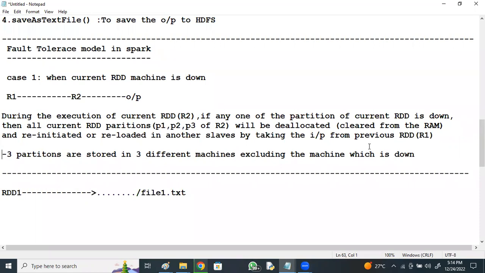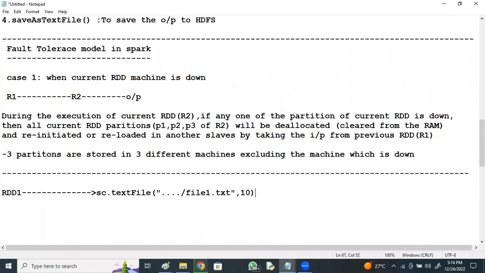Based on the file size, the system designs the number of partitions at the initial level. So here file1.txt is there, and using the Spark context, sc.textFile, you will load it. The path you give within double quotes is the entire path where it is available, comma,